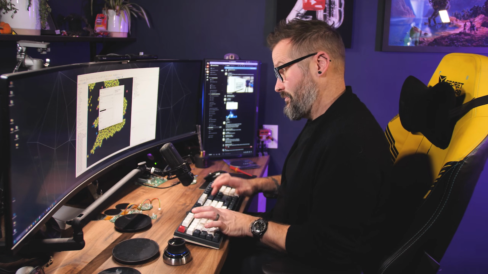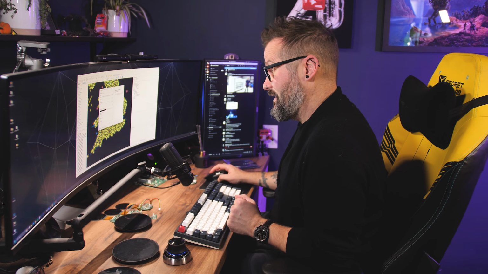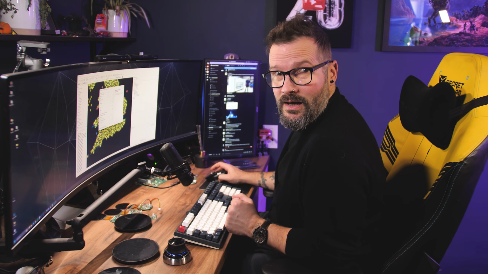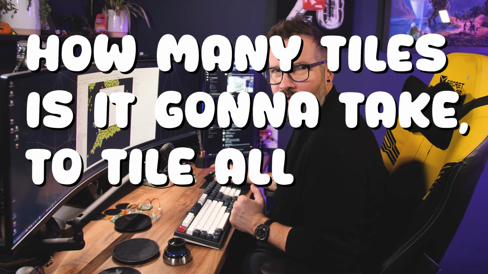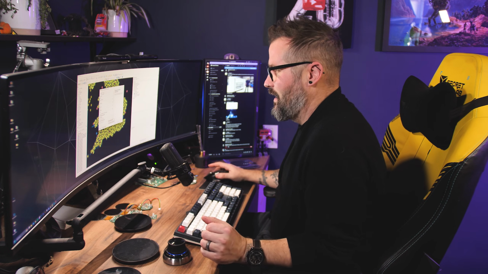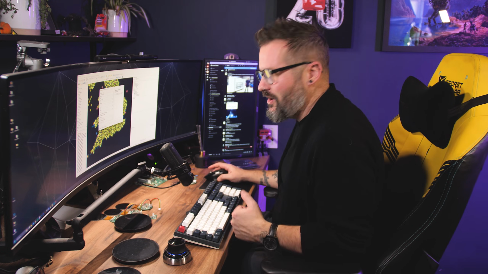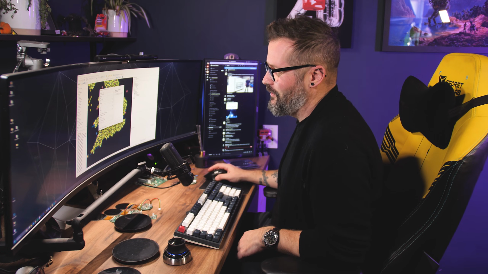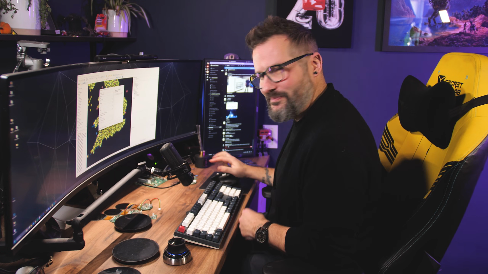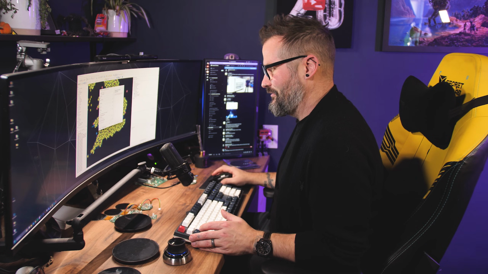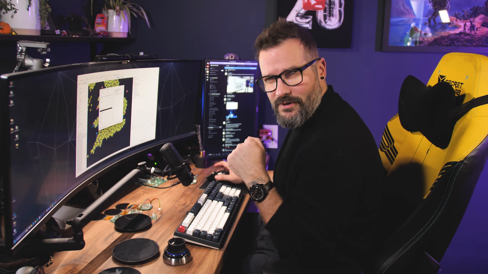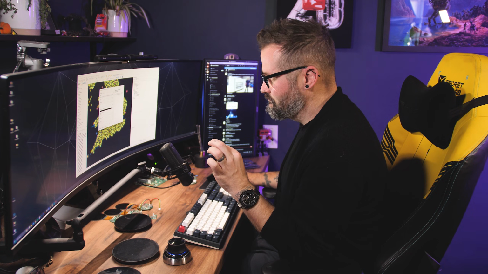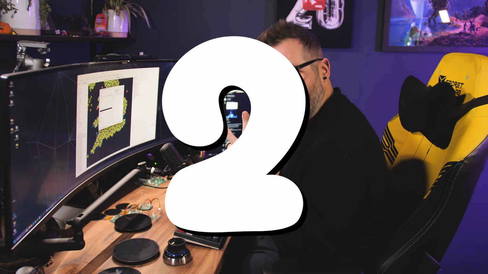So as I set this up ready to go, quick game, how many tiles is it going to take to tile all of the UK? What do you think? How many tiles is this going to require? Take a little guess whilst I set this up and put your guess in the comments. Let's see who gets the closest. You ready? Have you locked your guess in? 3, 2,